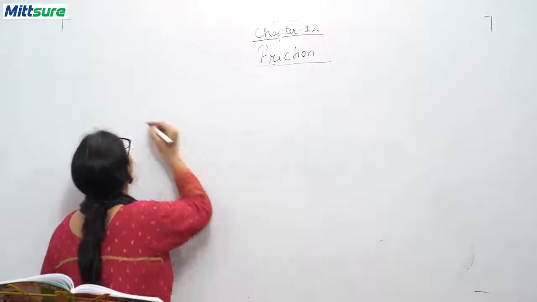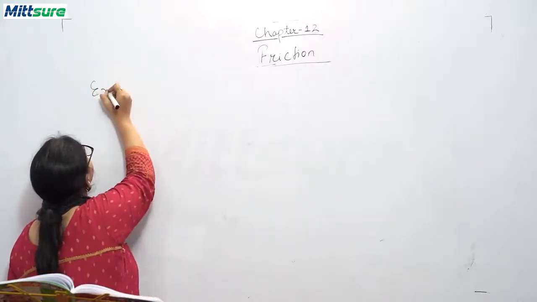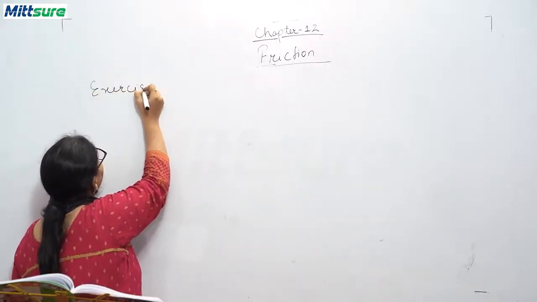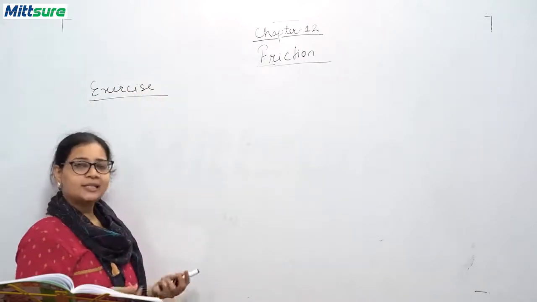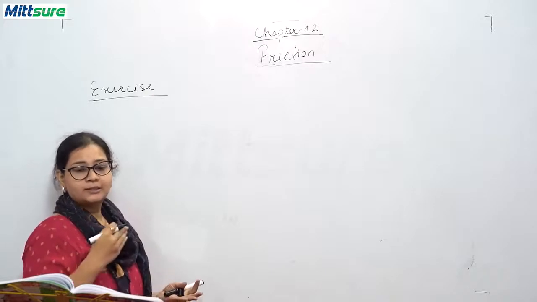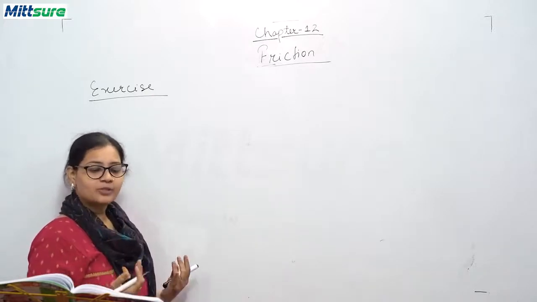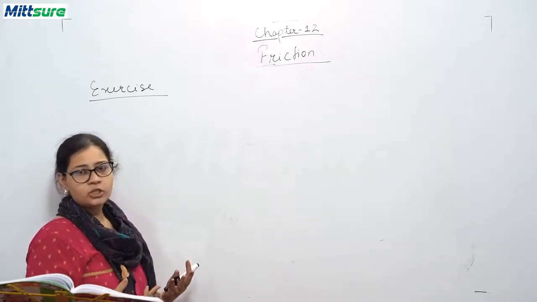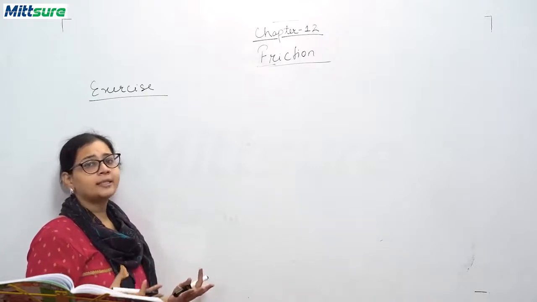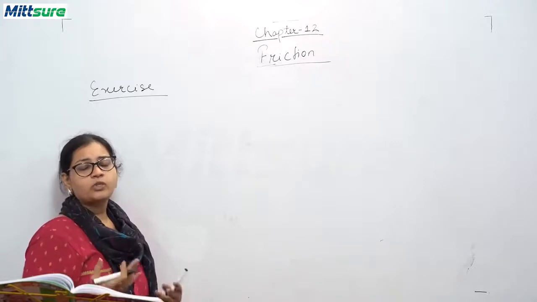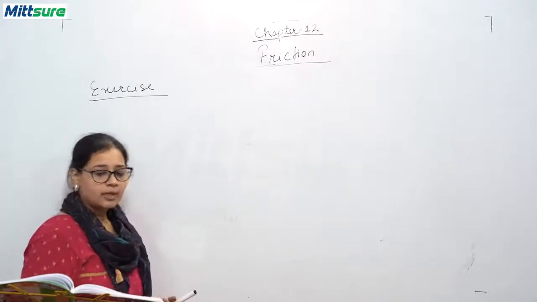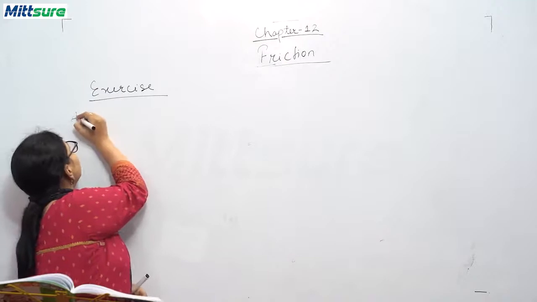Okay, so let me write down the heading: Exercise. Okay, now the first question, as always, tick the right option, सही चिन्ह लगाएं. Okay, so you will be having a question, उसमें 4 options होंगे. You will be putting a tick mark on the check box adjacent to the correct option. Okay, so the A question is,